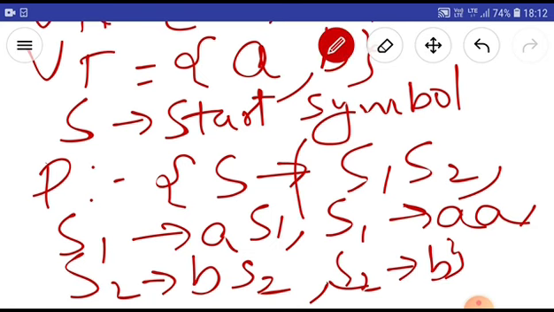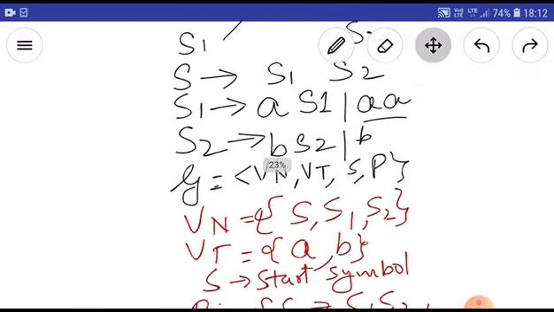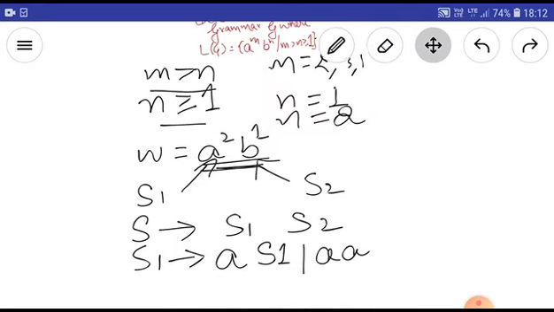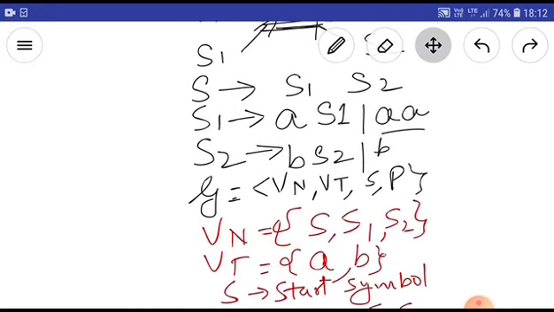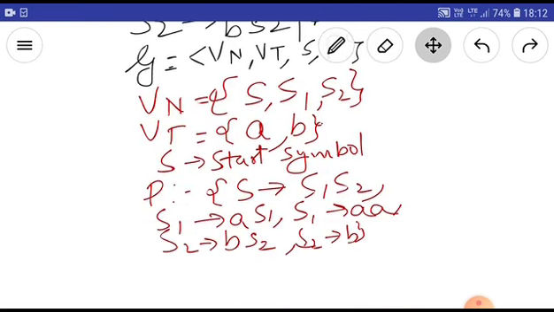So these are my productions, and keeping these conditions in mind, I generated this whole grammar. So this is my grammar; keeping these instructions in mind, I took a string which is acceptable and applied logic. These are my variables, these are my terminals, this is my starting symbol, and this is my production. So I hope, students, this concept is clear.